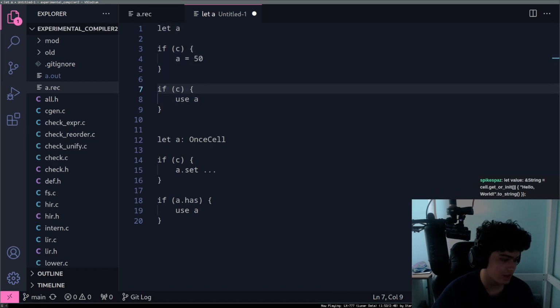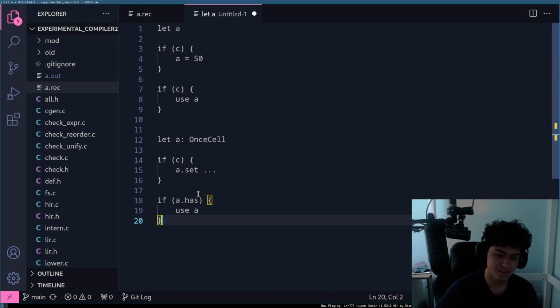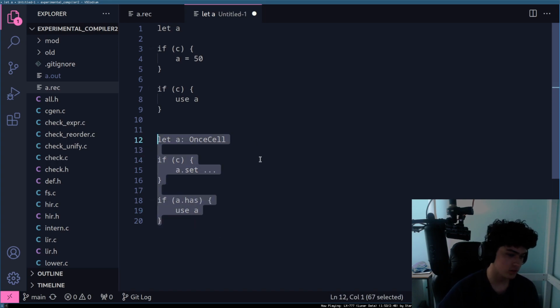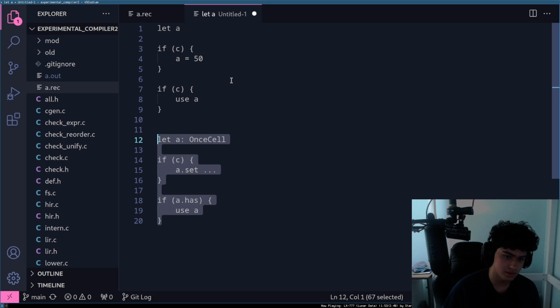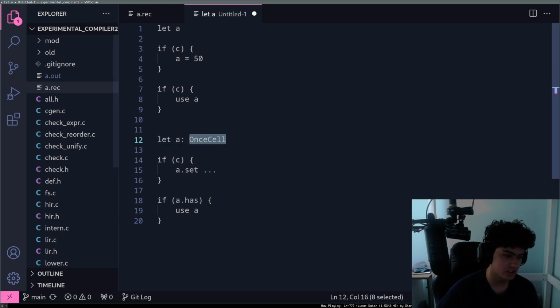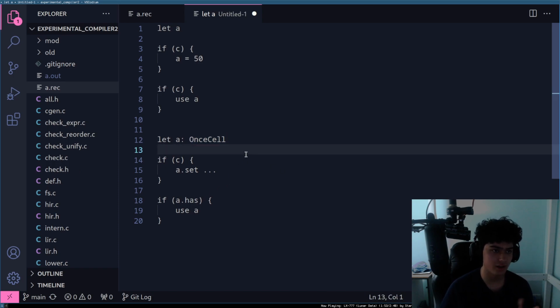Cell get or init hello world to string. I've seen this code a while before. Yeah. See, the thing is, I'm very sure that this code will be optimized to this code. I'm pretty sure it'll be optimized with the same semantics and things like that. But it's not, I don't know. I don't really like going through these other indirections, and especially it introduces complexity in the code that you're writing, and the amount of compiler complexity you need to